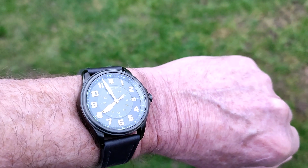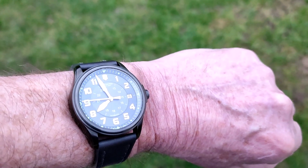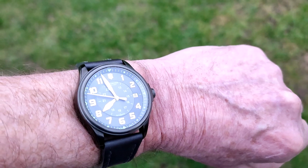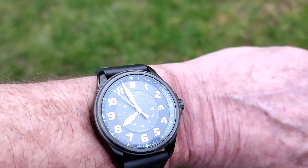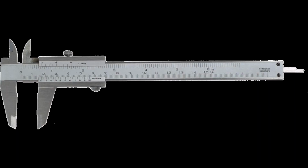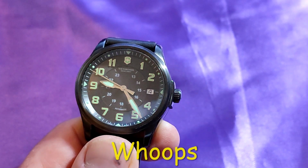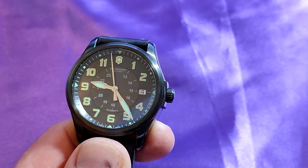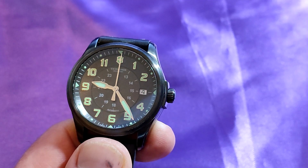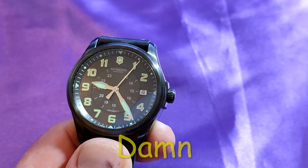And welcome to my unpaid and unsponsored review of the Victorinox Infantry, reference 241518. One of the first things that drew me to this watch was the nice set of compact dimensions. The case is 38mm, the lug width is 20mm, the lug to lug is just 44.5mm, and the depth is